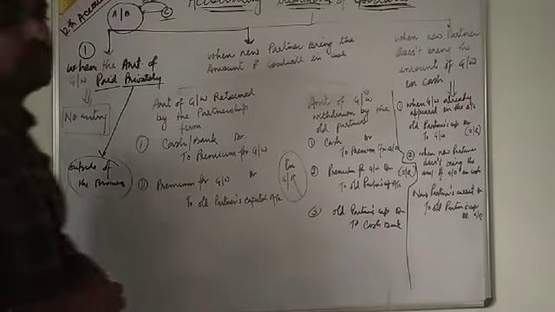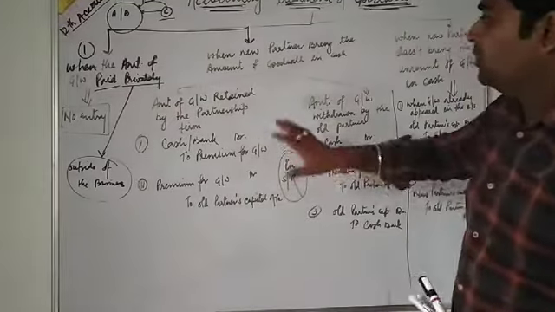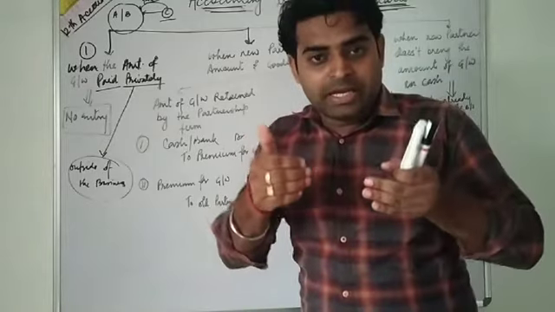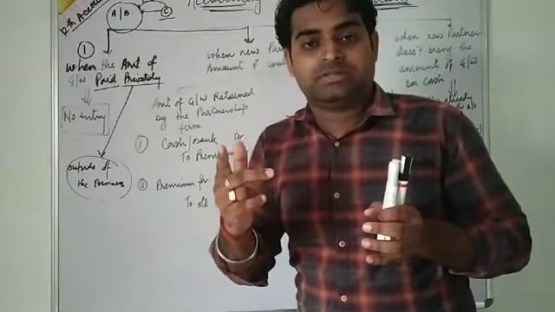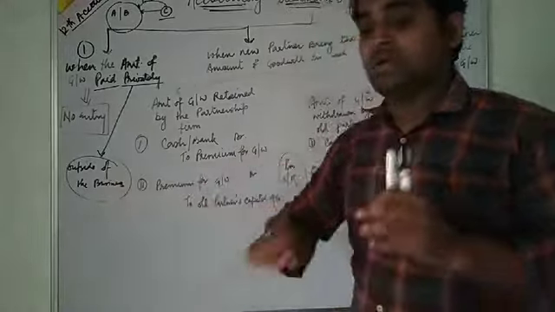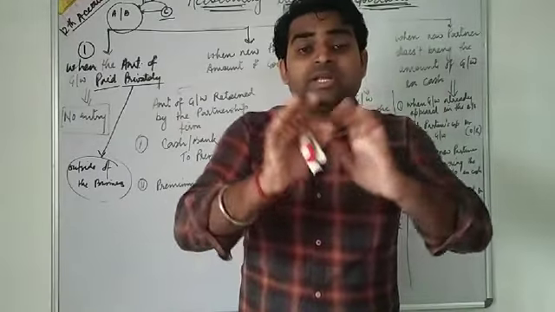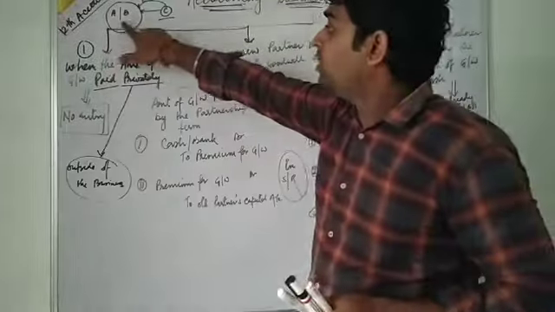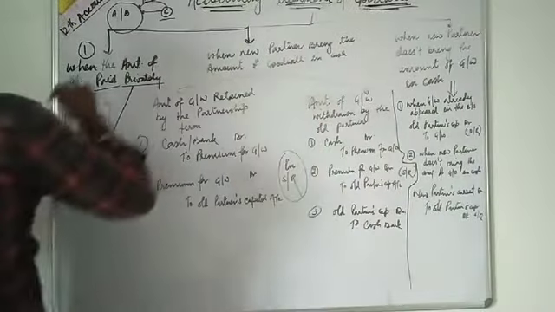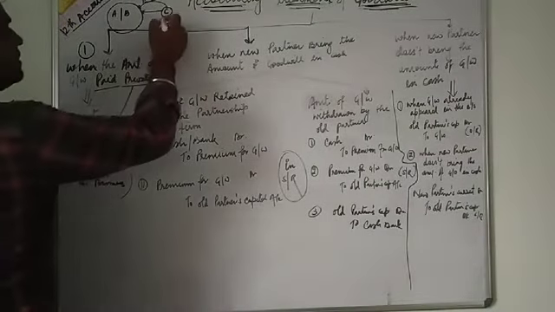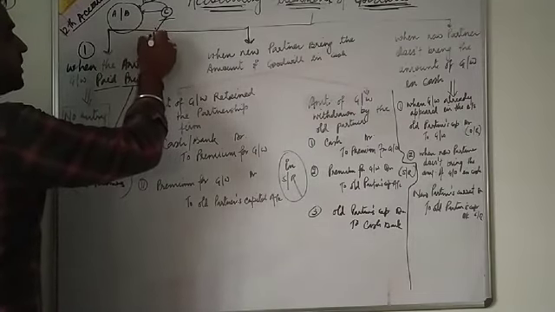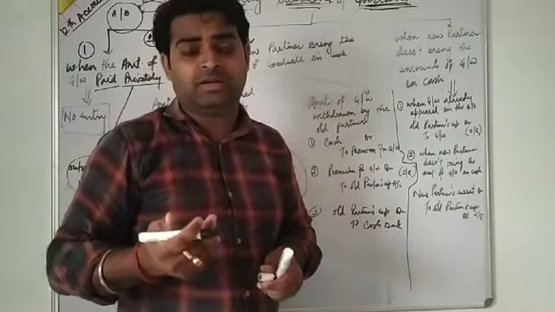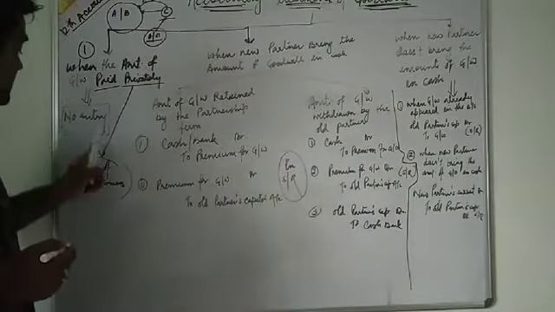Then what will we do? The amount of goodwill is outside of the business. That means any money of goodwill is not coming into the business. This money is distributed by the old partner out of the business. See here, C is paying privately. He is paying privately, so this money is not coming into the business.